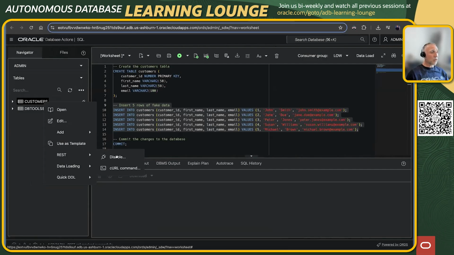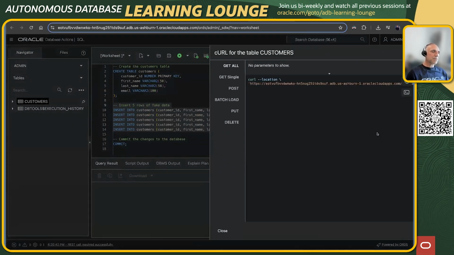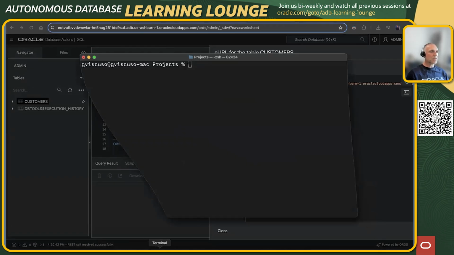This is enabled. So this customer table is already a REST endpoint. And if I click here on cURL commands,